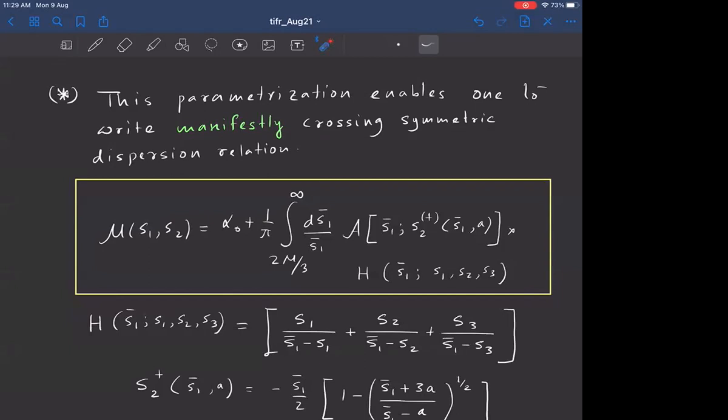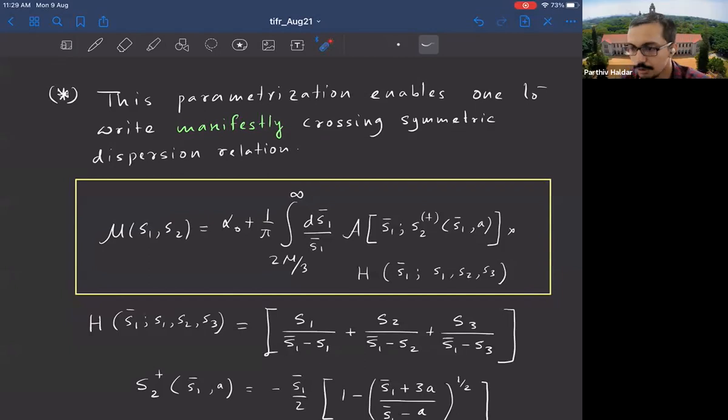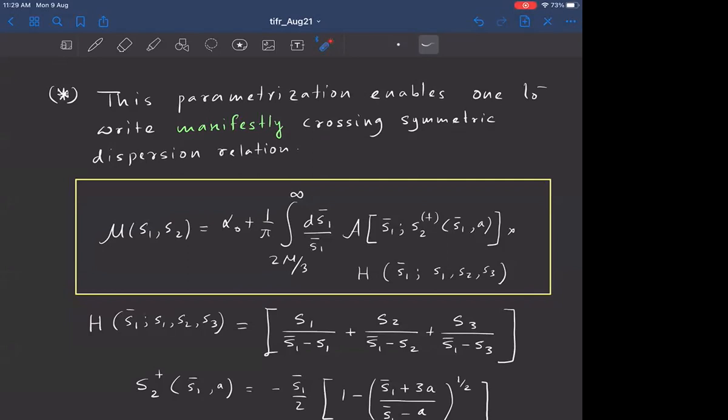Yeah, but because of the way it comes, when you write the two subtractions in the usual case, that's in the fixed transfer dispersion relationship, you get the two constants. But the way it is packaged in terms of the z variable, especially the crossing symmetry, it actually gets rid of this extra part, and you are left with this. So there's a simple way to understand this. If you have two subtractions, then you will have an ambiguity in the constant and an ambiguity in the linear part. But the linear part satisfies s plus t plus u equal to 4m square. So that again becomes a constant. So that's why the whole thing is just a single constant.